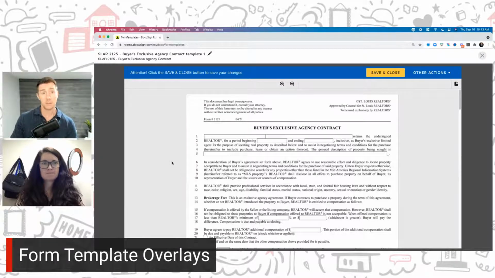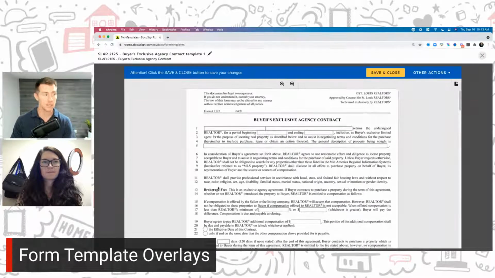Here's what you need to know about these form template overlays. The only place where you can add information or have this overlay would be in the forms or the fields that are provided on a form, right? So in this case, I would not want to fill out a form template overlay and put something here for buyer 1 or buyer 2. That's going to change throughout every single transaction, right? Same for the property address in this form. That's where that